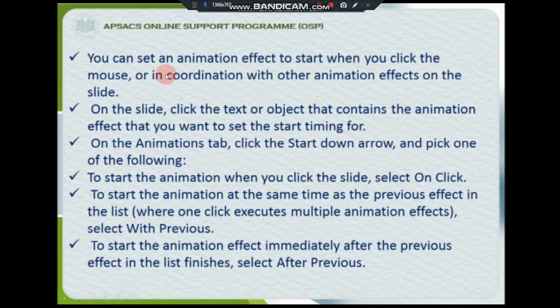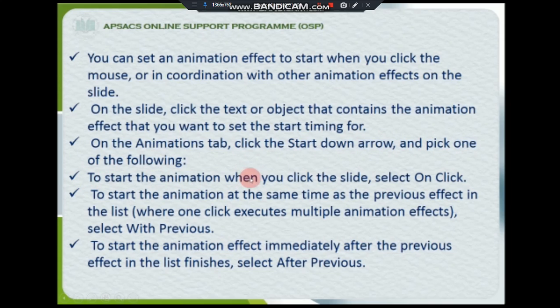You can set an animation effect to start when you click the mouse or in coordination with other animation effects on the slide. On the slide, click the text or object that contains the animation effect that you want to set the start timing for. On the Animations tab, click the Start down arrow and pick one of the following.